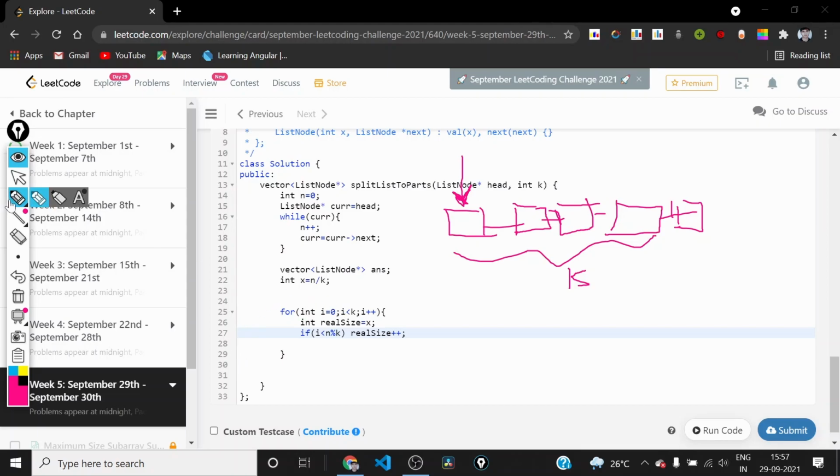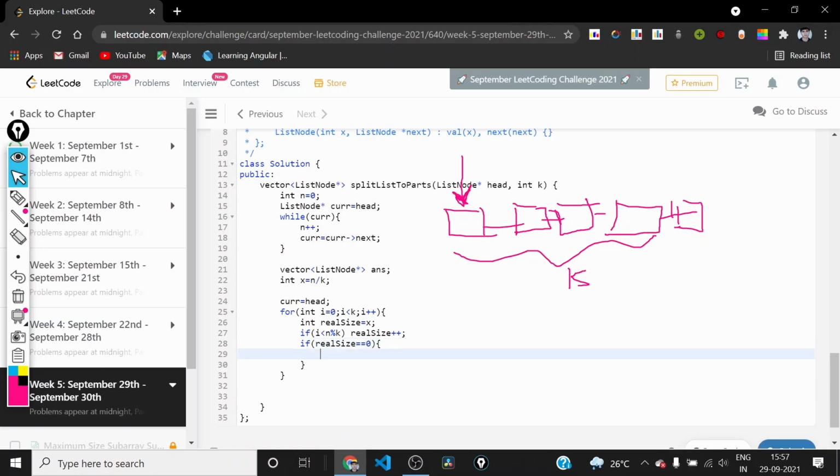So at the start of this loop, this current will be equal to head. First we need to handle a corner case. So if this real size is equal to 0, then what will we do? We will push back a null pointer in the answer vector, and then we will continue.